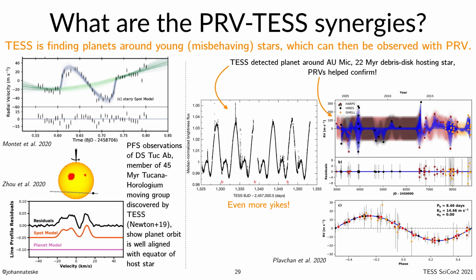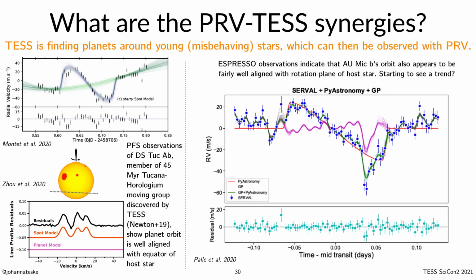This is a star that has a debris disk from about 35 to 200 astronomical units, with clumps exhibiting non-Keplerian motion. And so finding a planet in this system is really like a jewel in the TESS crown, I would say. There have also been ESPRESSO observations trying to measure the orbital inclination of this planet relative to the stellar rotation axis, and the planet also appears to be fairly well aligned,